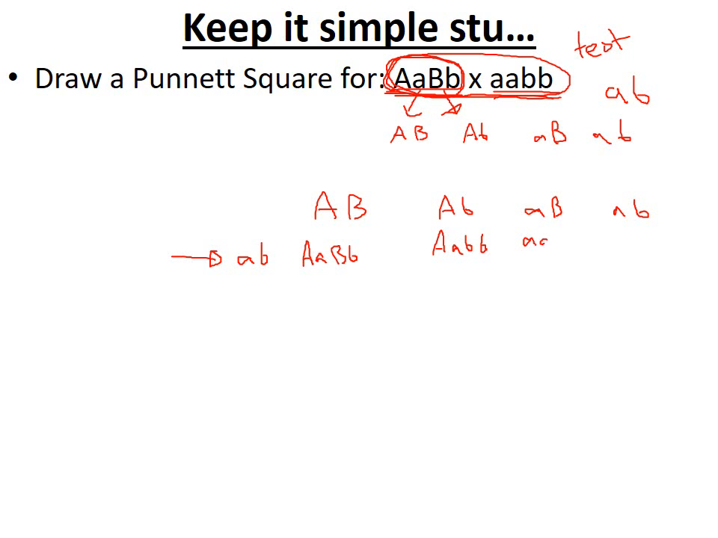Little a, big B, little b. And then little a, little b, little b. Just like that. And so you can see in this test cross we have the recessive showing up for both here. If the recessive shows up for both here, then you know that this individual here must have been heterozygous for both